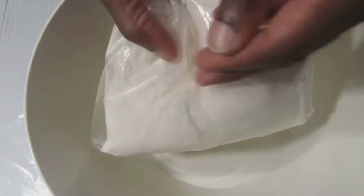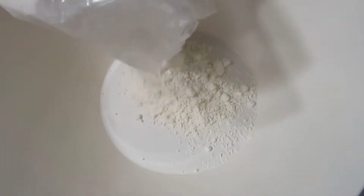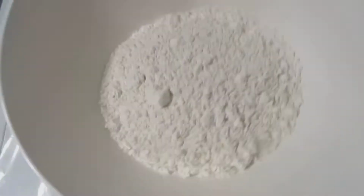Let's start with any cake mix. You see, this is a cake package. Any brand that you would like. Okay, you can use any brand that you like. Just gonna shake this in our bowl, and we're gonna follow the package instructions, but I'm gonna show you how